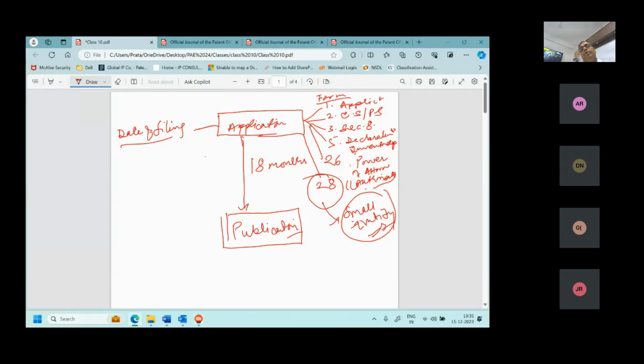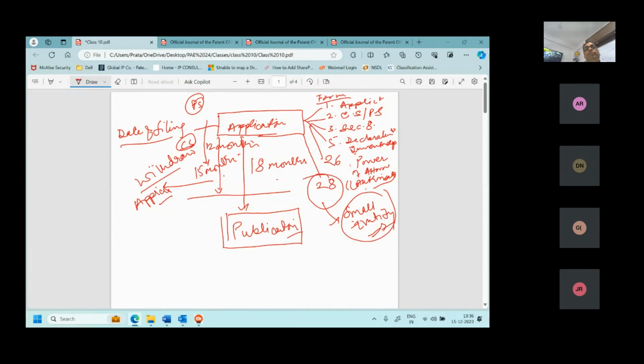Within 15 months, you have the right to withdraw the application. And before that, within 12 months, if you have filed the PS, you can file the CS. So these are three timelines. Please see: 12 months, 15 months, 18 months.